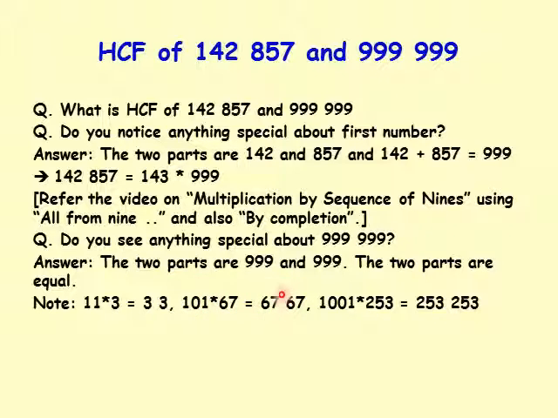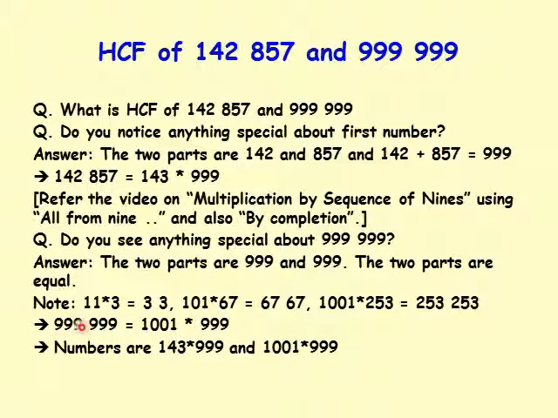Two numbers are equal. 67 is the first part of the number and 67 is the second part of the number. Two parts of the number are equal. Two parts are equal here too, and we are going to try 1001 times 253, and the two parts are 253 and 253, and they are both equal, just like these two numbers. Does that tell you anything about one of the factors of this number? 999, 999. Let's continue here. And that means that